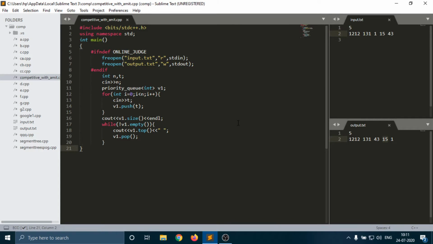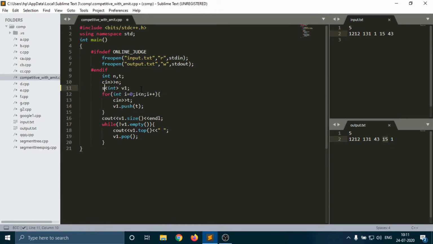If you take it for lower values, it is approximately negligible, very small compared to all the other insertion and so on.